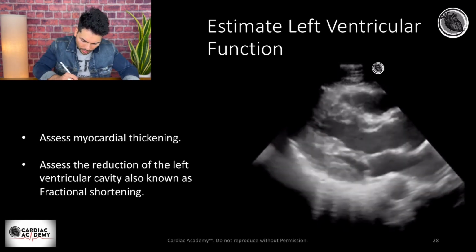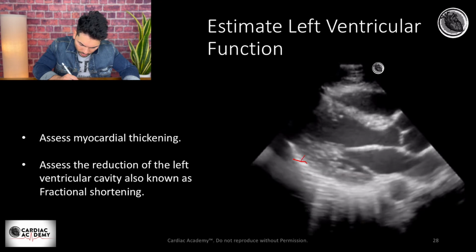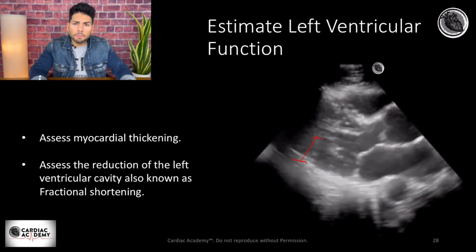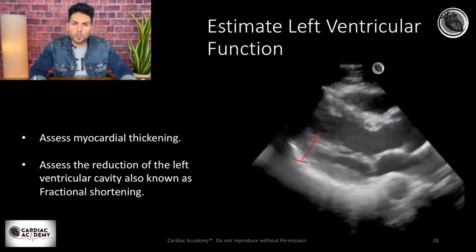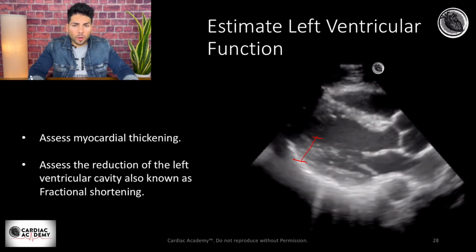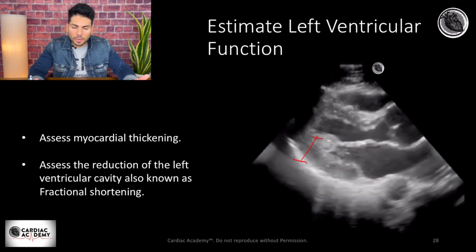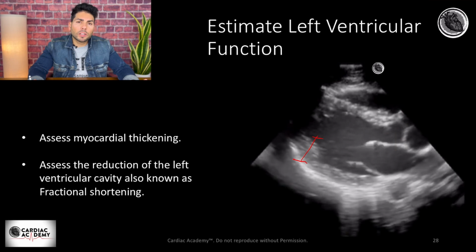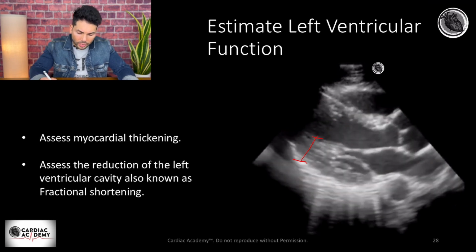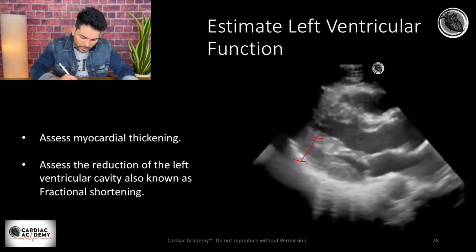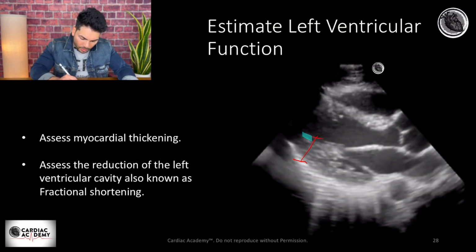And you can see here how it's getting bigger during systole, and then it goes back to normal during diastole. So this is a sign of a good myocardial thickening, how the muscle is getting bigger. And you can also look at what is called the fractional shortening. And fractional shortening, let me just change color, is the distance between the